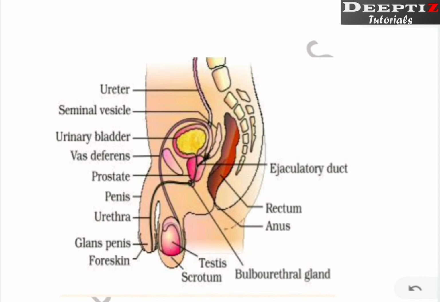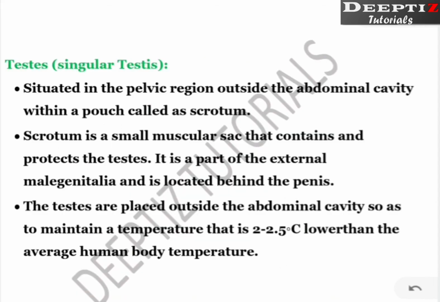So this is the entire diagram, we can say the overall structure of male reproductive system. This is the side view and we are going to talk about this testis. So there is a pair of testes, and each testis is covered by a tissue or a sheath, we can say scrotum. So understand, there are a pair of testes, each testis is covered by a tissue called scrotum. Now let's see what the implications of that are, right?